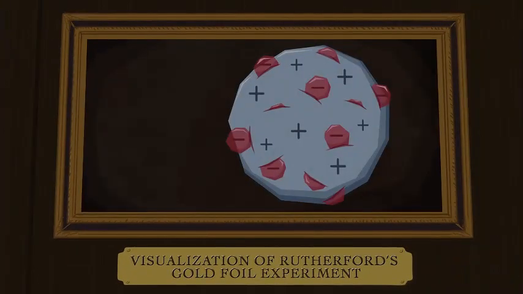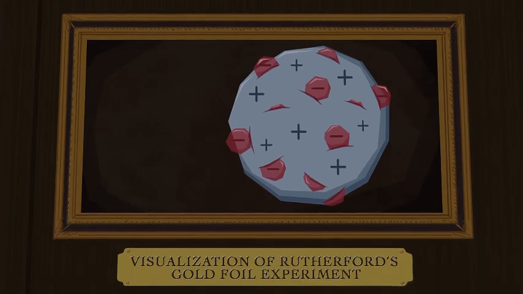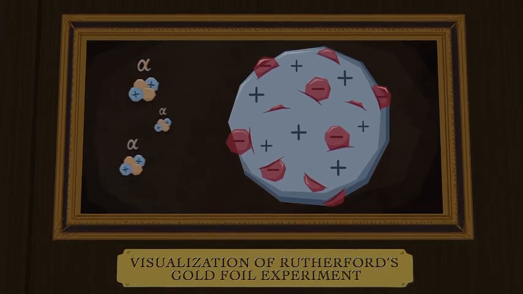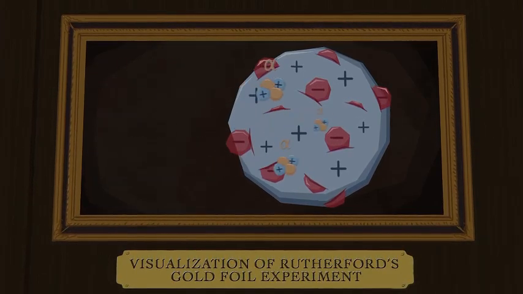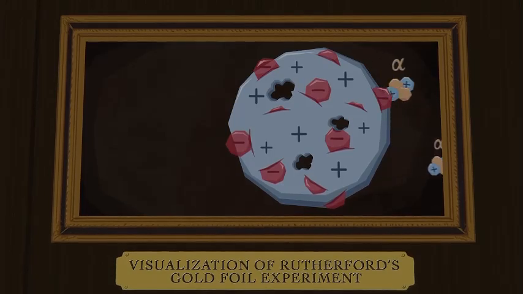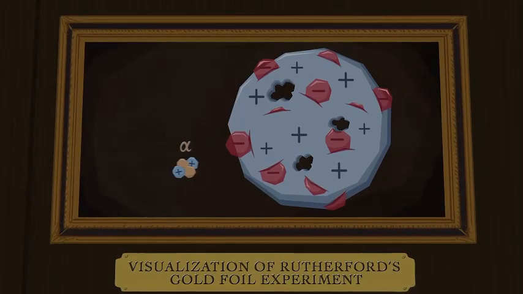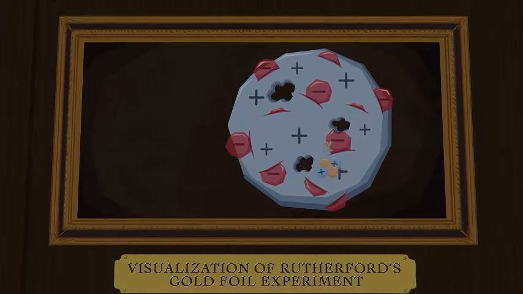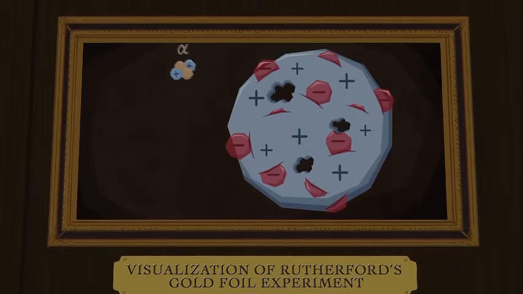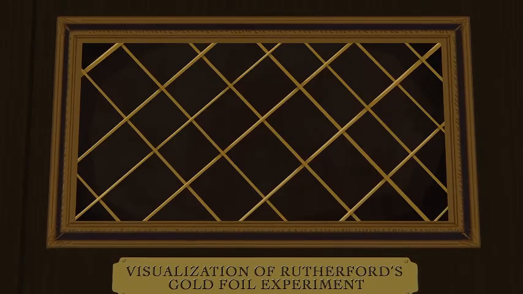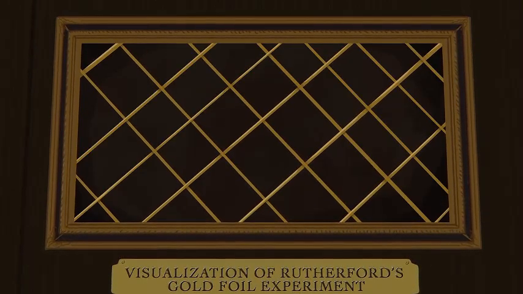Under Thomson's model, the atom's thinly dispersed positive charge would not be enough to deflect the particles in any one place. The effect would have been like a bunch of tennis balls punching through a thin paper screen. But while most of the particles did pass through, some bounced right back, suggesting that the foil was more like a thick net with a very large mesh.